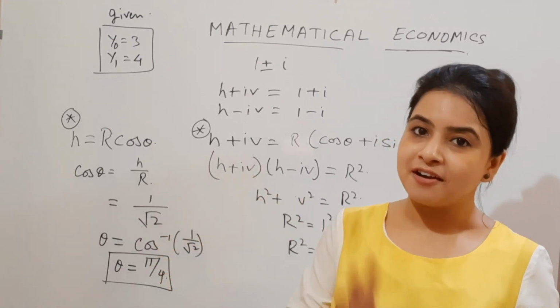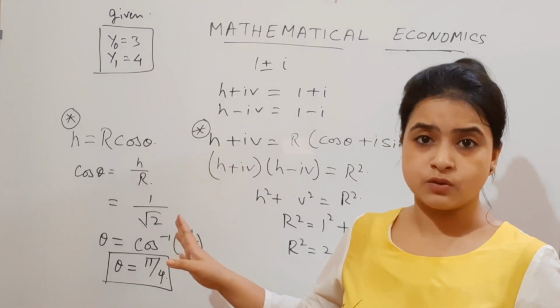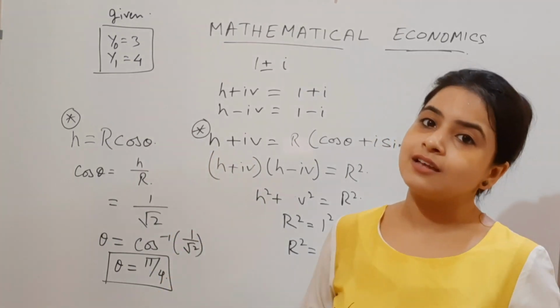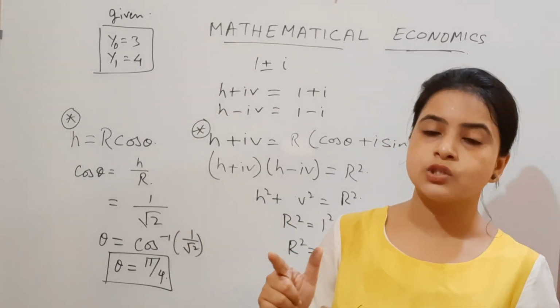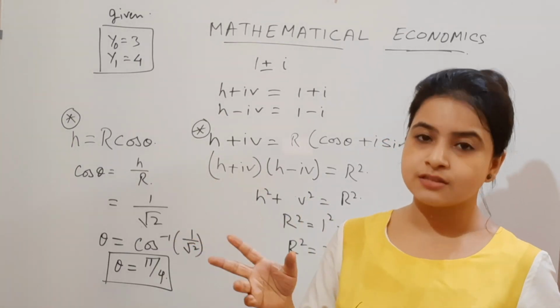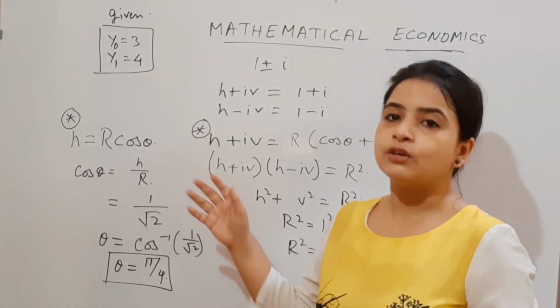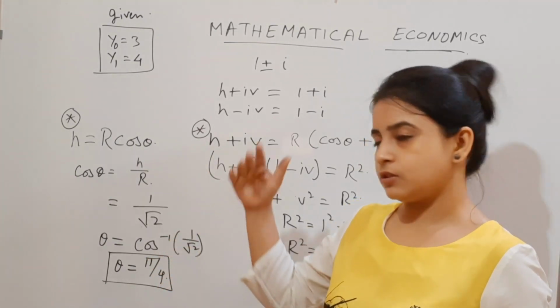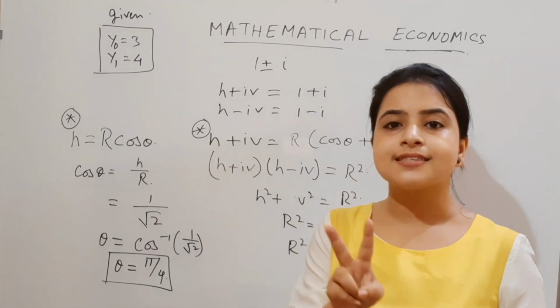So you also have to remember a few of the trigonometric values of cos theta and sin theta. Only for this part you have to remember, for nothing else. And therefore it's very easy. Just remember sine and cos. You will be able to find the rest, tan, cosec, although those things are not needed for this econometrics part or for this mathematical part. So just go through that cos and sin theta.